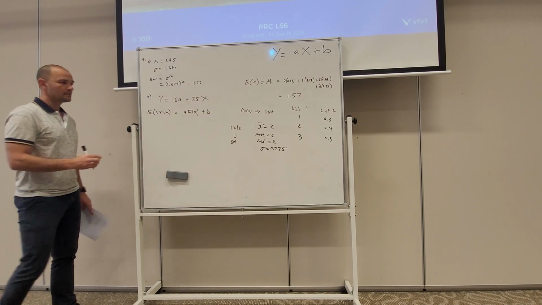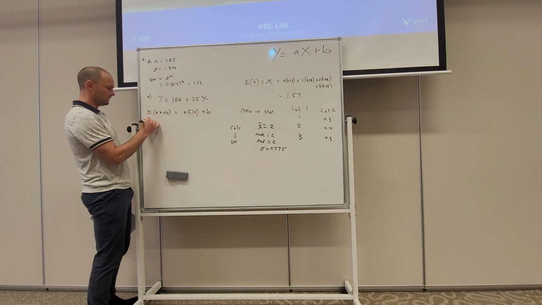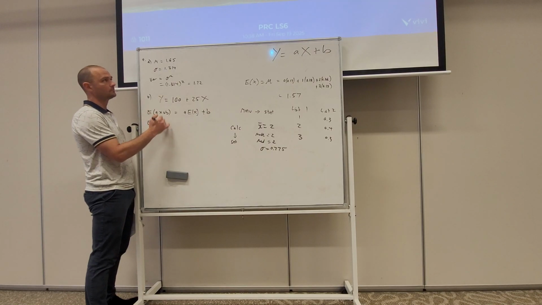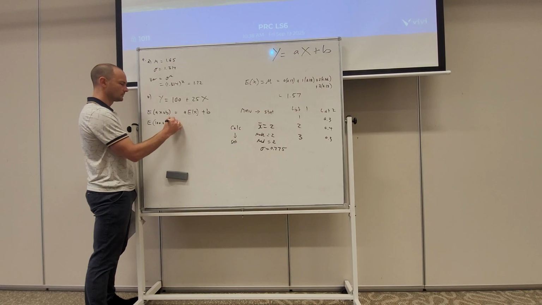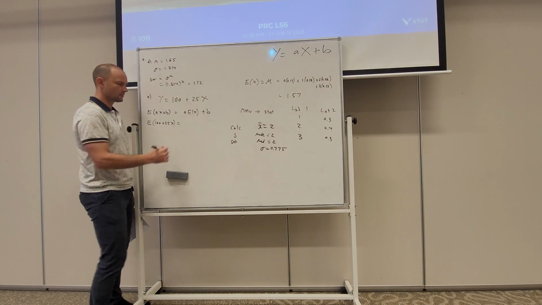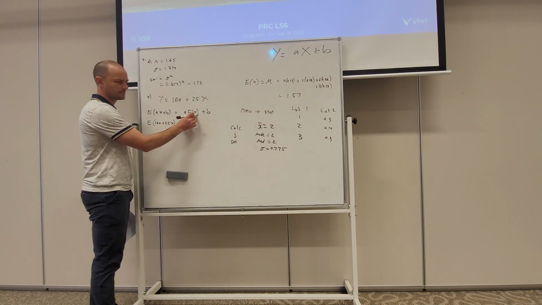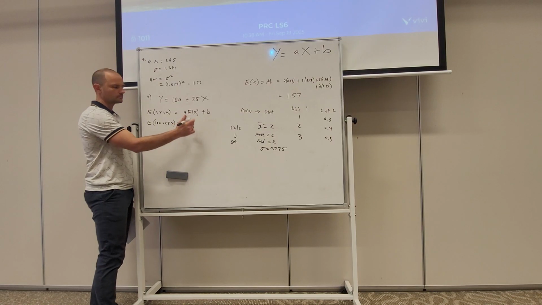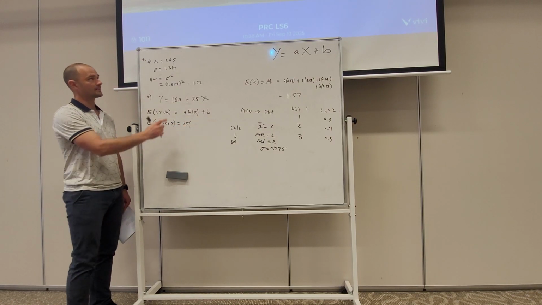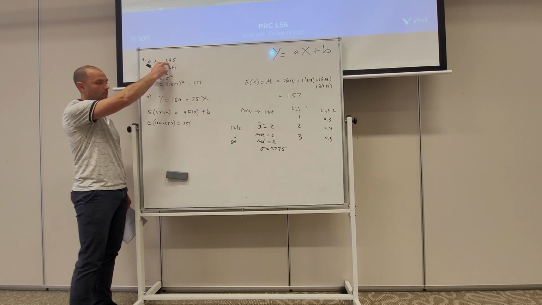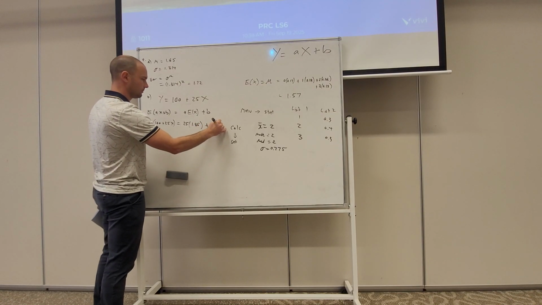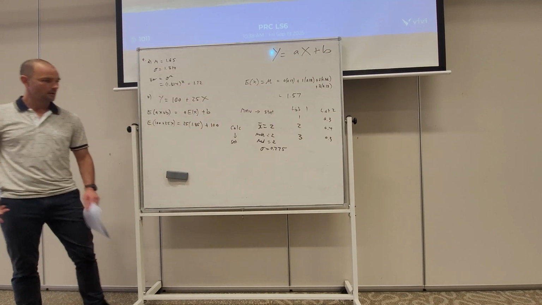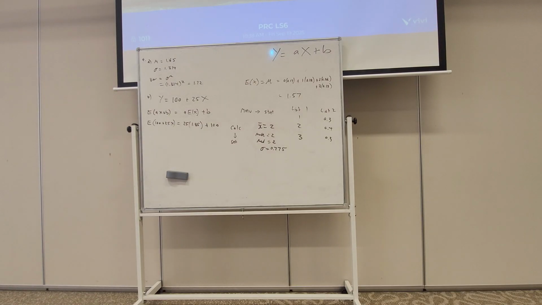So what this means is if we want to find the expected value of Y, where Y is 100 plus 25X, it's going to be 25 times the expected value of X. All right, and our expected value of X is the mean, 1.85, and then plus the b, plus the 100. Okay, so that's going to be,